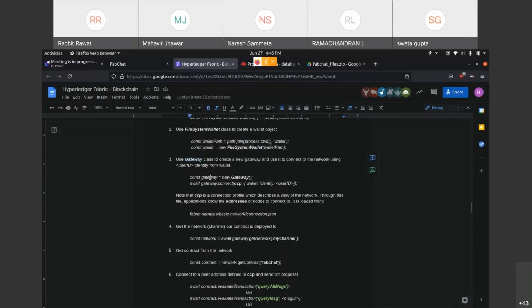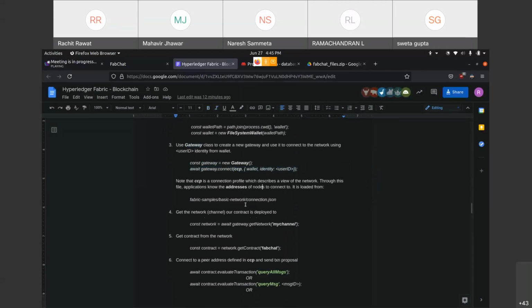So you create a new gateway object, and of course you connect using this CCP. So what is the CCP? CCP is basically a connection profile. It describes a view of the network. So through this file, the application will know the addresses of the nodes to connect to, and it is loaded from this directory, fabric-samples basic-network connection.json.